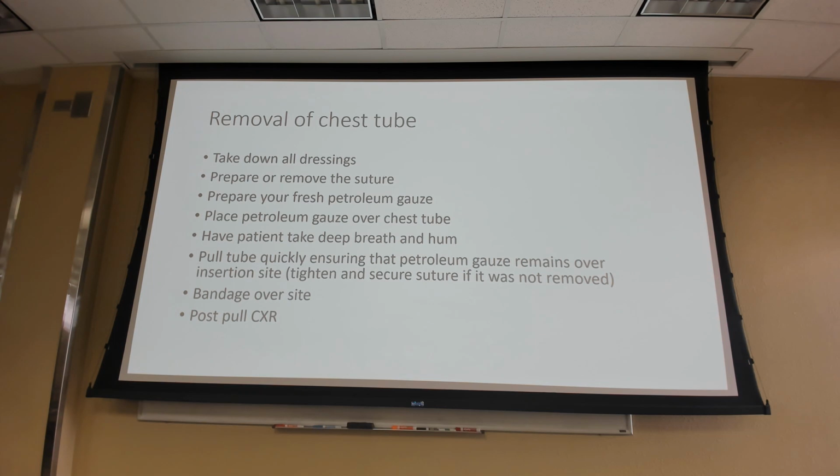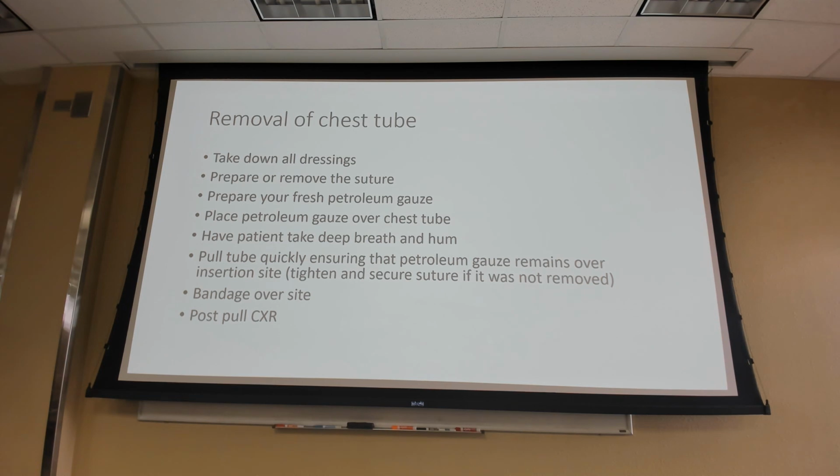So obviously when we remove that chest tube, we need to take down all our dressings, so we have all of that tape on there, which usually is a lot. And then once we get the tape off, we have to take those 4x4 dressings off, and then the petroleum gauze. And then,